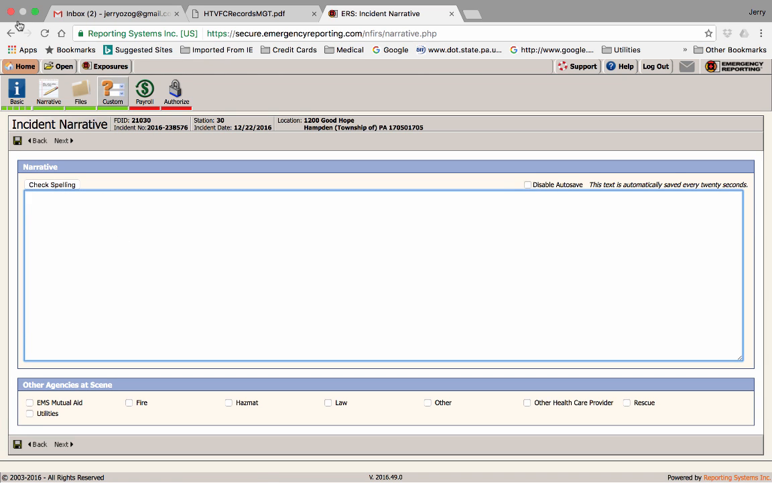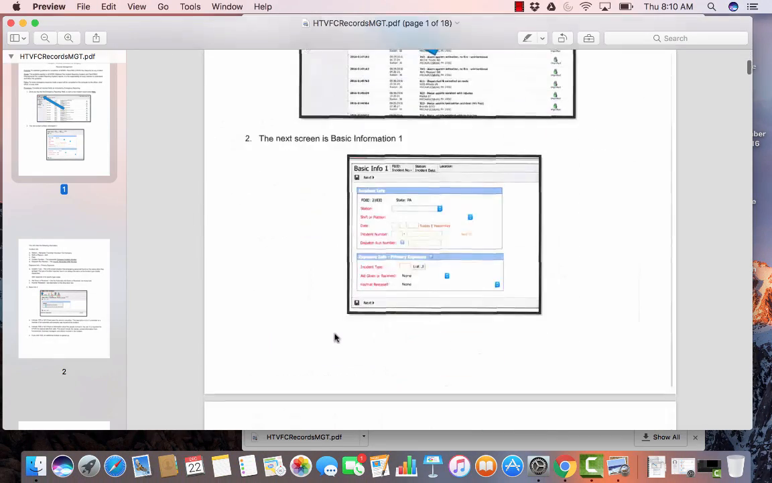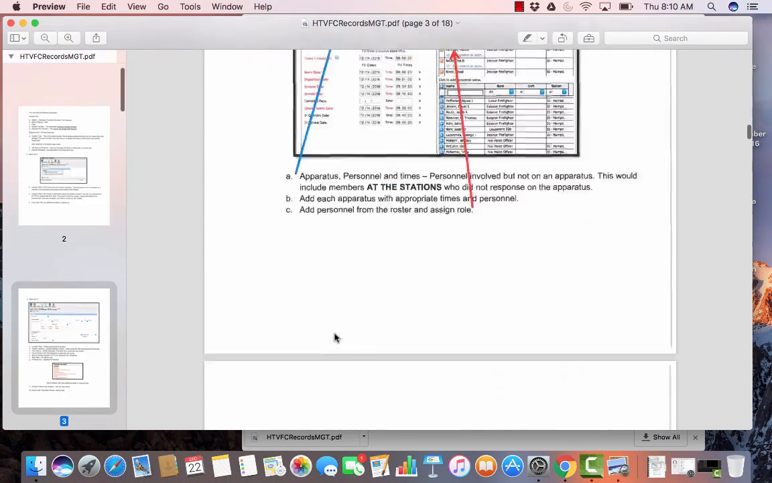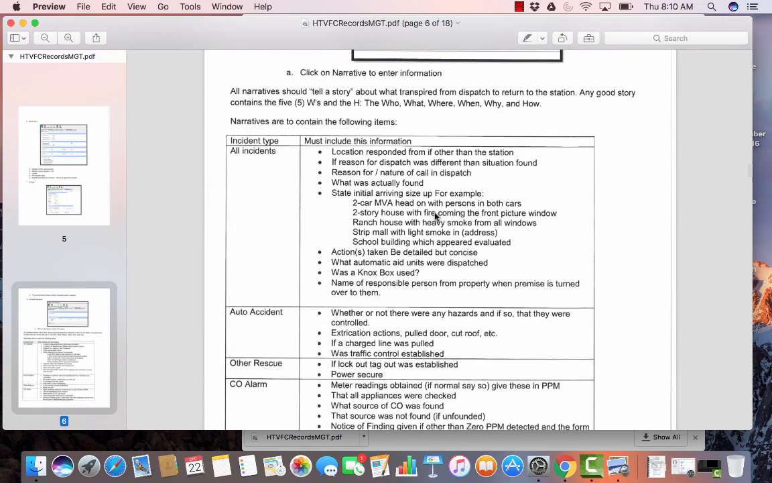So you click on set the narrative, and what I do want to go back to is our guideline, our material here, the written document. In the part of the written document, there's all incidents, and what we'd like to document is, again, all narratives should tell a story about what has transpired from dispatch to return to the station. Any good story contains the five W's: the who, what, when, where,